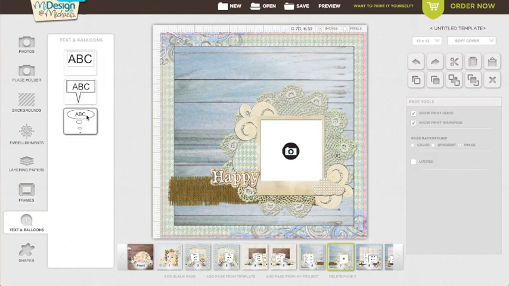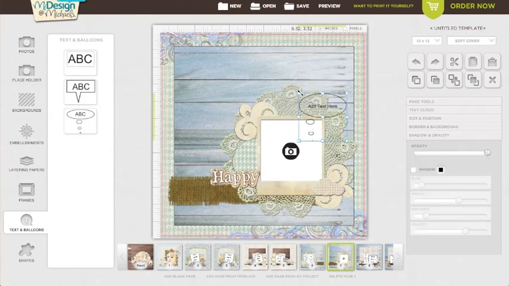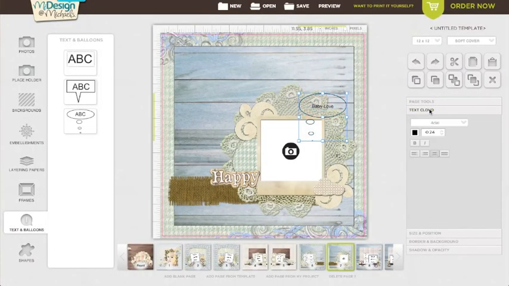Now we're going to talk about text balloons. You will just drag those onto your layout, select the font, and then type in whatever it is that you would like to type in. Then you're going to select the font again, click on Text Cloud, click on the drop down, and